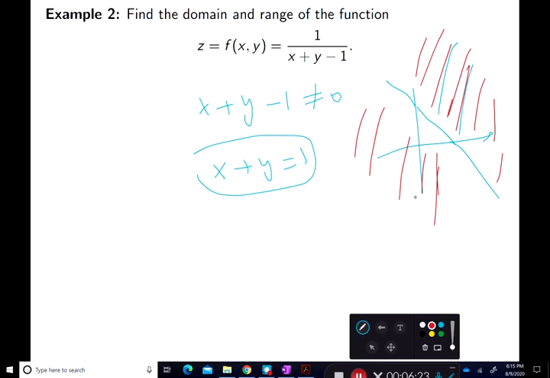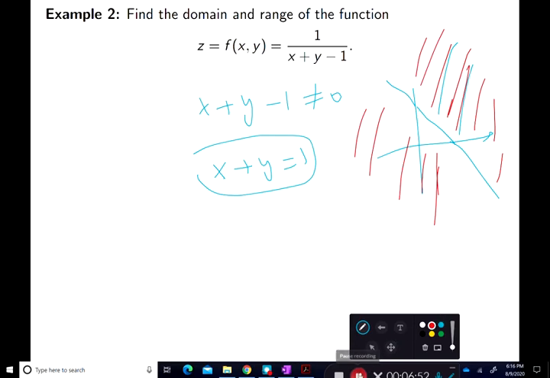Now, how do I find the range of this function? The range of the function is again, because the denominator can be as low as you want, non-zero, and could be pretty much anything except for 0. And the range is the same as the range of the function 1 over x, which is negative infinity to 0 and 0